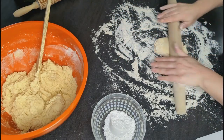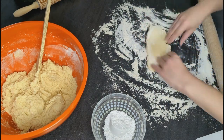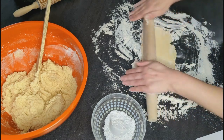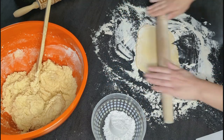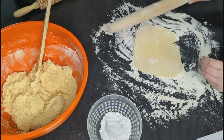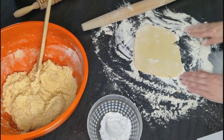So like I said, this dough was a little bit sticky, so we ended up adding more flour, and I am not the best baker. Like, I try, but it just seems like it always goes wrong. I was having trouble rolling these out. This rolling pin that my dad got me, thank you, Dad, super sweet of you. I absolutely love it, but for some reason it was not wanting to make the imprints